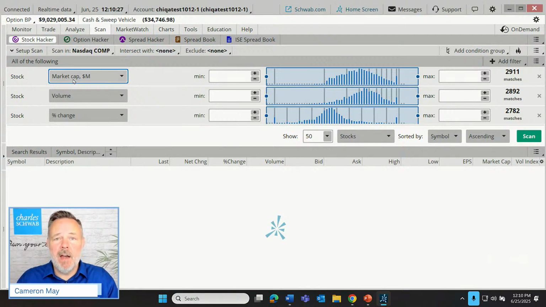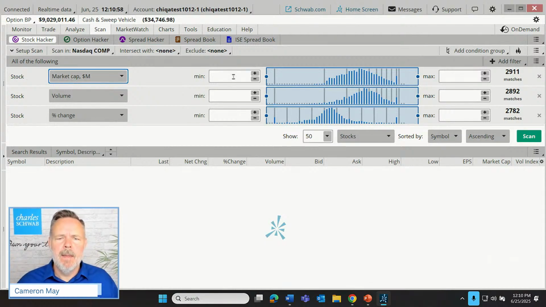Companies with a total value, price times share volume, below $2 billion are considered small cap. $2 billion might sound like a lot of money to you or me, but in the grand scheme of the markets, that's not a ton of money. Between $2 and $10 billion are the mid cap stocks, and then above 10 billion. Did I say million? Billion. Make sure we're talking about B's here all the way along. 2 to 10 billion is the mid cap. 10 billion and larger are those large cap companies.